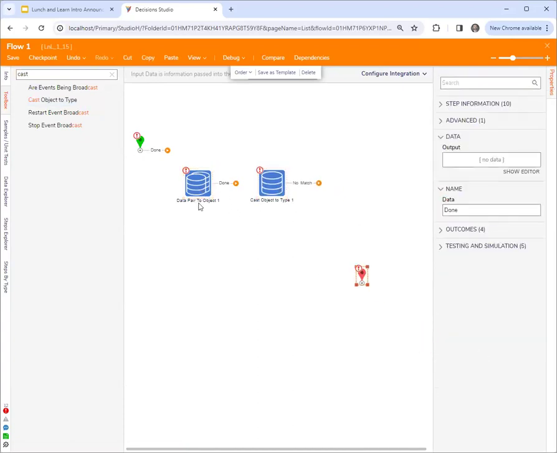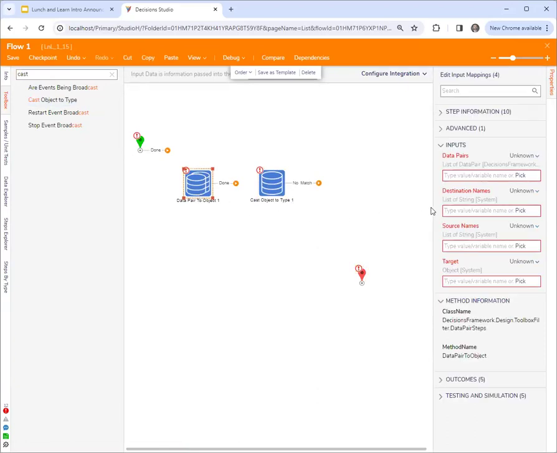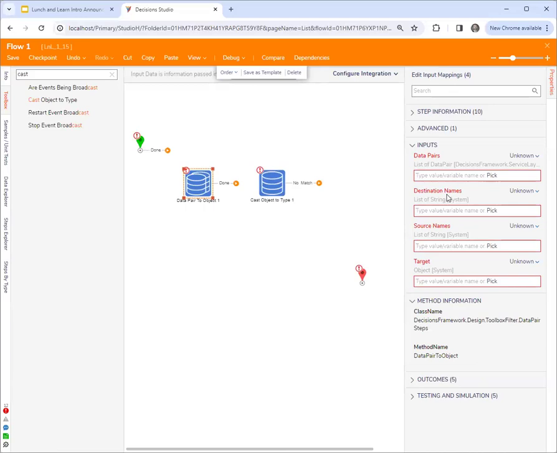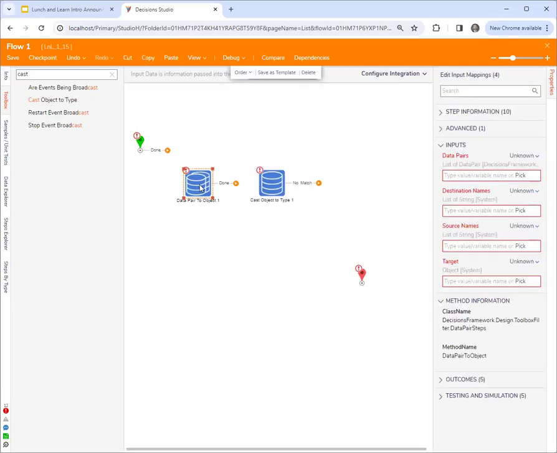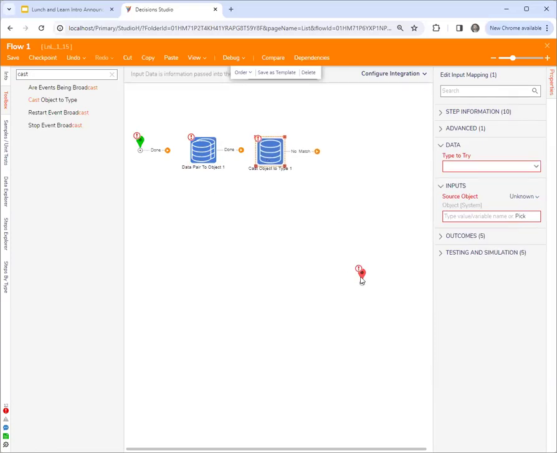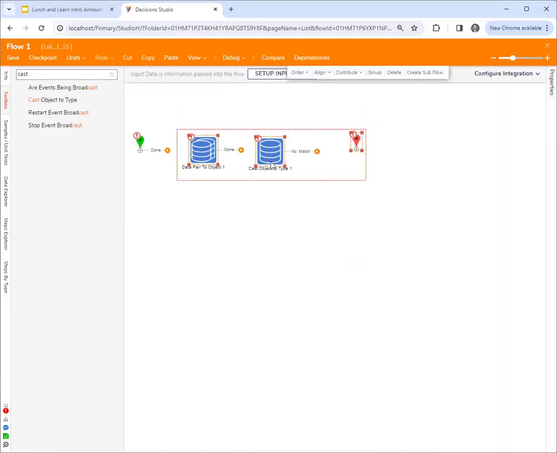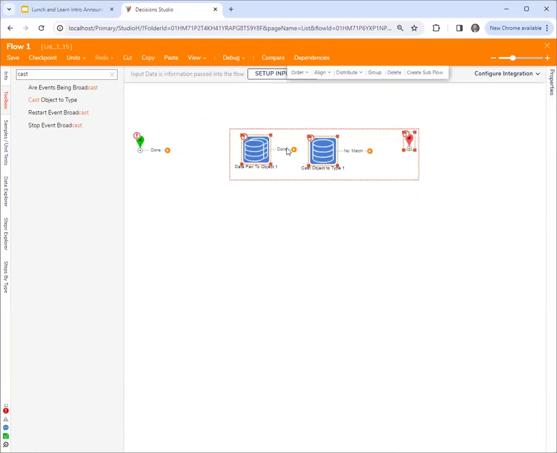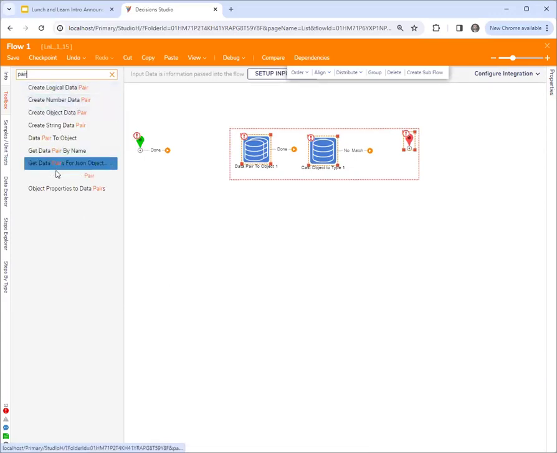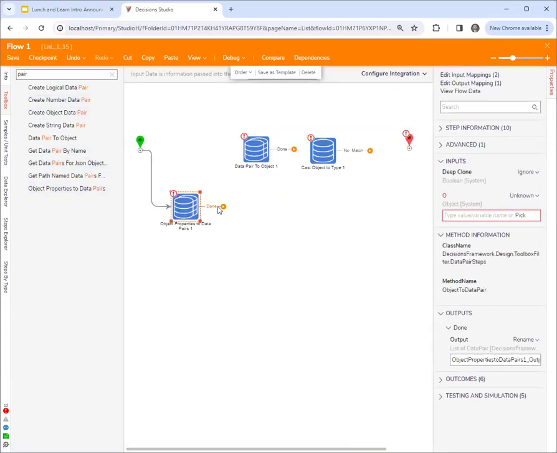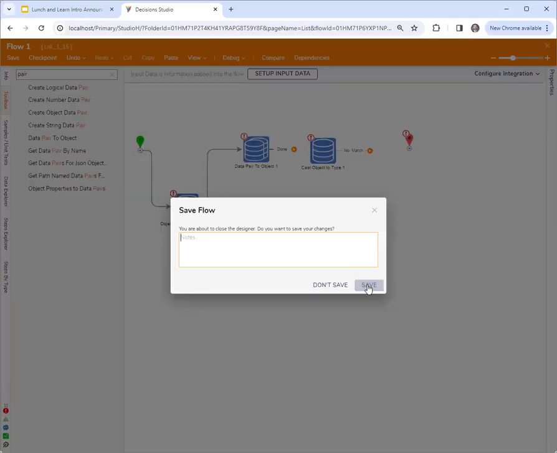You could try this. I'm not actually familiar with this step exactly. So data pairs, destination names, I think are property names, source names. We could see if we could get this to work. I think chaining these two steps together might work: cast a data pair list to an object and then cast an object to a type. This might work. I can't easily create a list of data pairs, but I could get data pairs for type. So get data pair for JSON object properties to data pairs. So let me go and